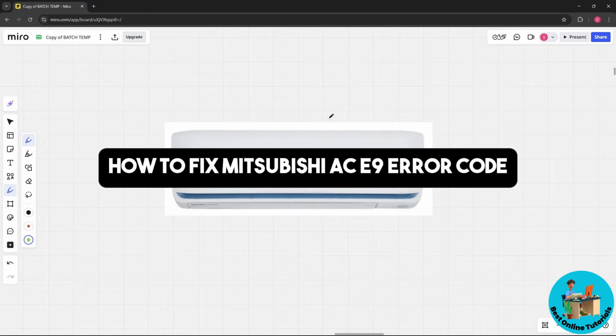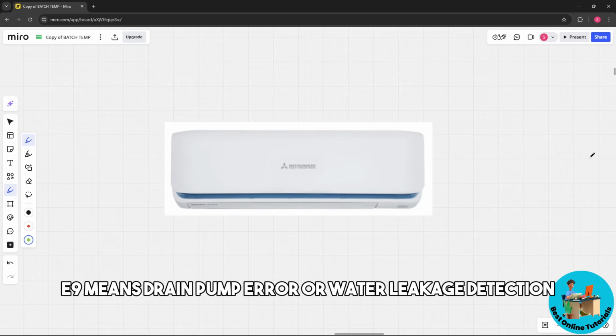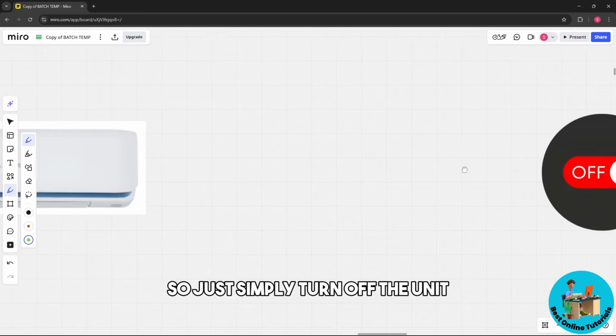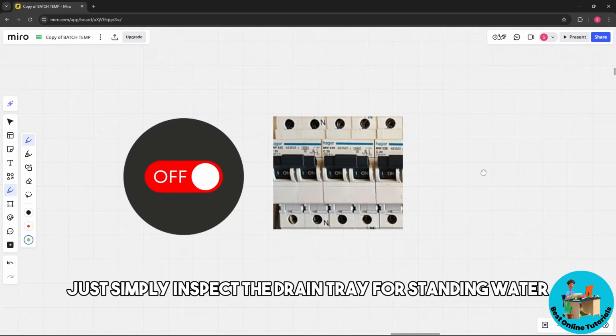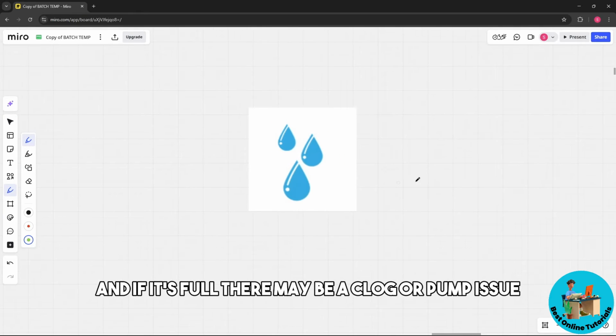This is how to fix Mitsubishi AC E9 error code. So guys, E9 means drain pump error or water leakage detection. So just simply turn off the unit. Then inspect the drain tray for standing water, and if it's full, there may be a clog or